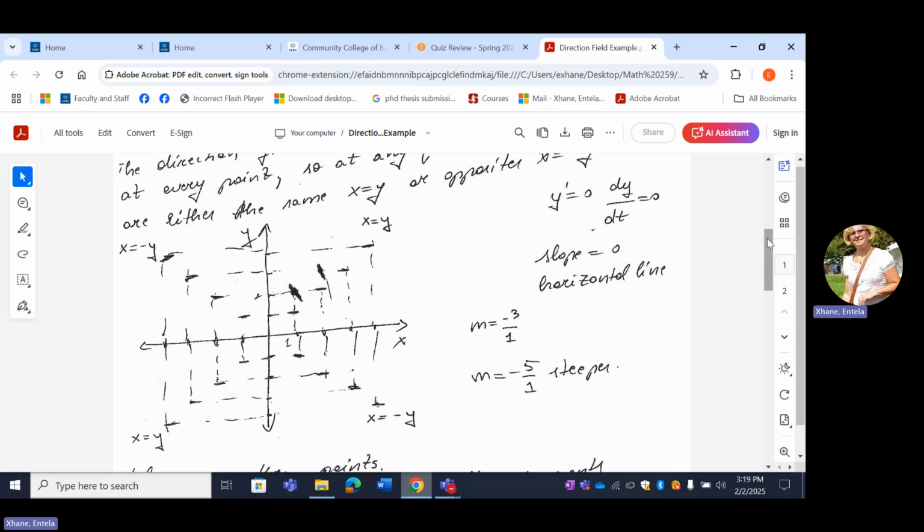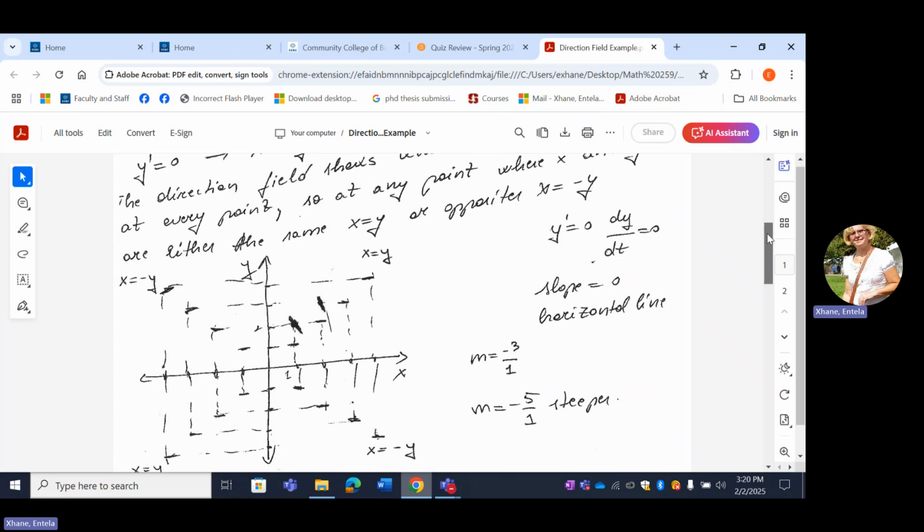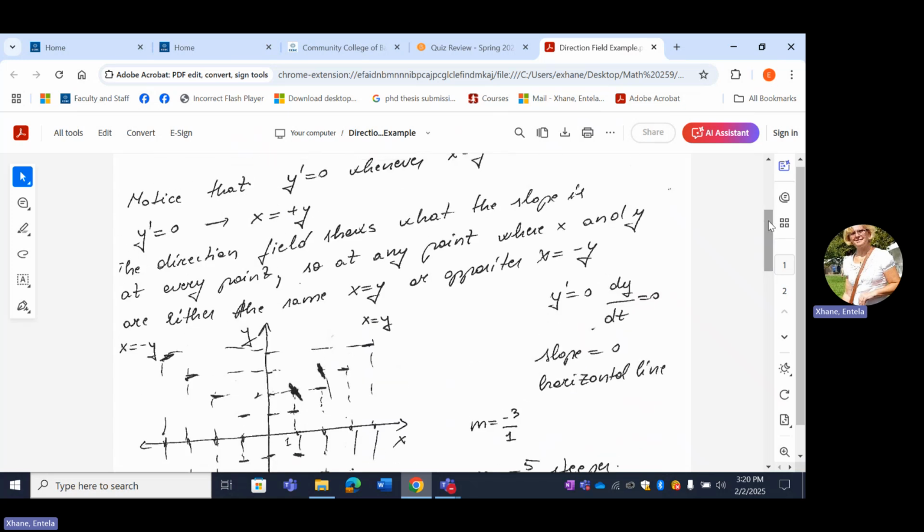Now you might be thinking why we don't call this a collection of line segments or lines or a set of lines. It's because these lines that we are generating, their slopes are based on a differential equation. Why? What do we know about the slope? I'm going back to calculus: the slope is the rate of change of y with respect to x. And the rate of change, as we all know,